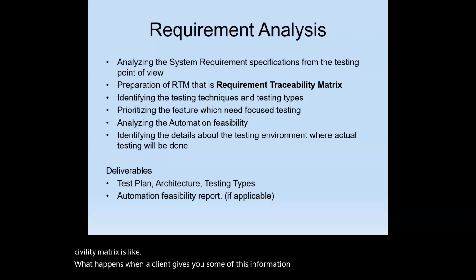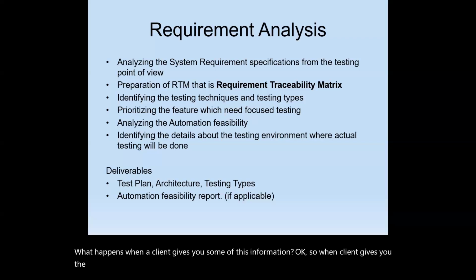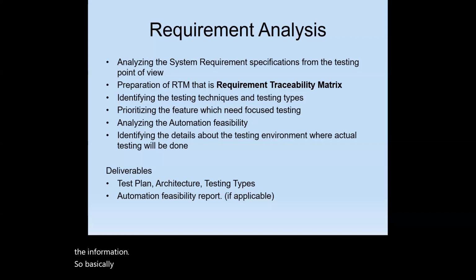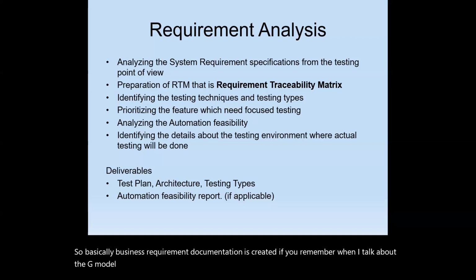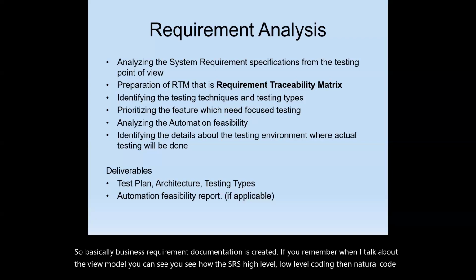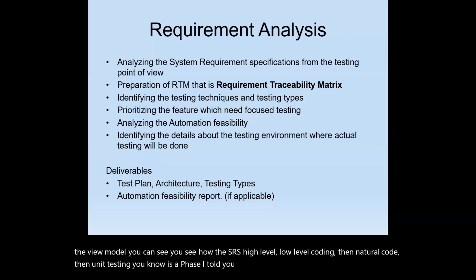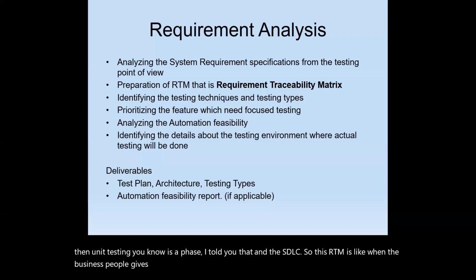So when the client gives you the information, basically a business requirement documentation is created. If you remember when I talked about the V model, you can see the BLD, SRS, high level, low level, coding, then unit testing. It's a phase. I told you about the SDLC. So this RTM is like when the business people give you some information, business requirements documentation is created, BLD is created. From there,